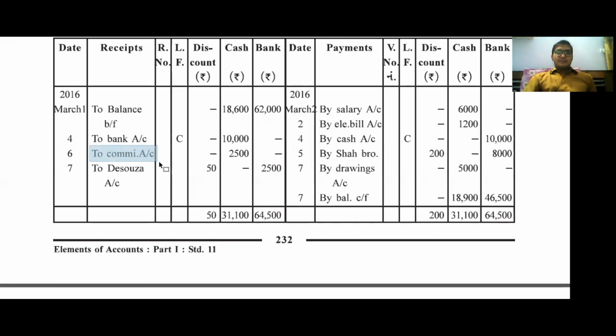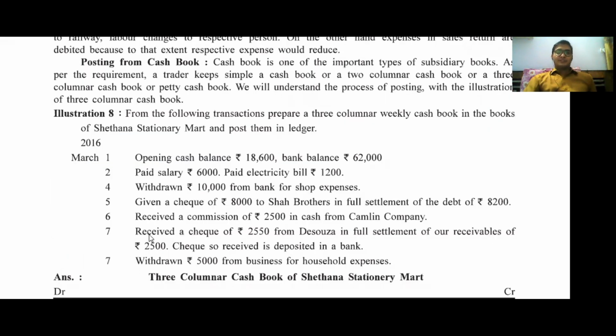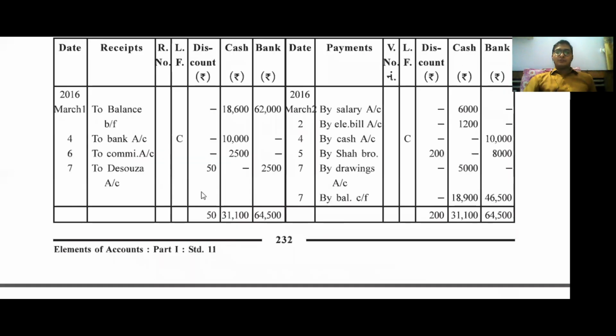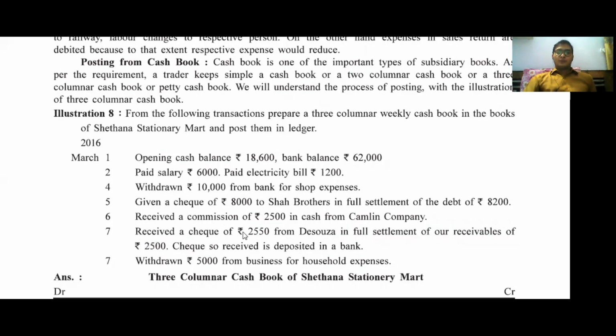So on the debit side in the cash column, it is recorded for 2,500 as a commission. Next one, received a check of 2,550 from D'Souza in full settlement of our receivable of 2,500. Here D'Souza gave a check to us, it is our income, and due to this check our bank balance increases, so it is recorded on the debit side. The check amount is 2,550, so it is recorded for,